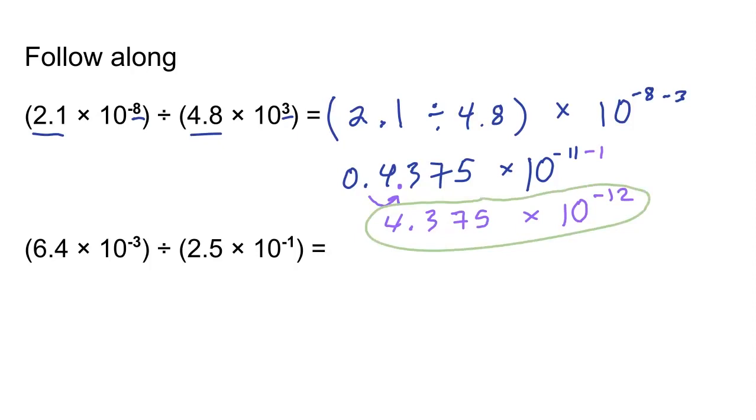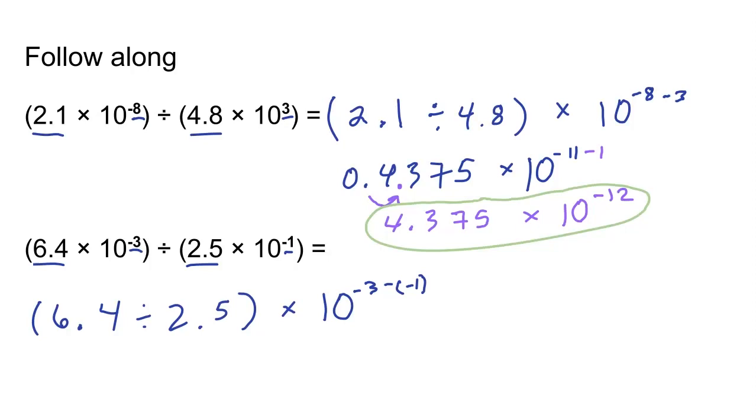Next I have 6.4 times 10 to the negative 3rd divided by 2.5 times 10 to the negative 1. So I need to start by dividing the coefficients, which gives me 6.4 divided by 2.5 times 10, and then subtract the exponents, which are negative 3 and negative 1. So that becomes negative 3 minus negative 1. And 6.4 divided by 2.5 equals